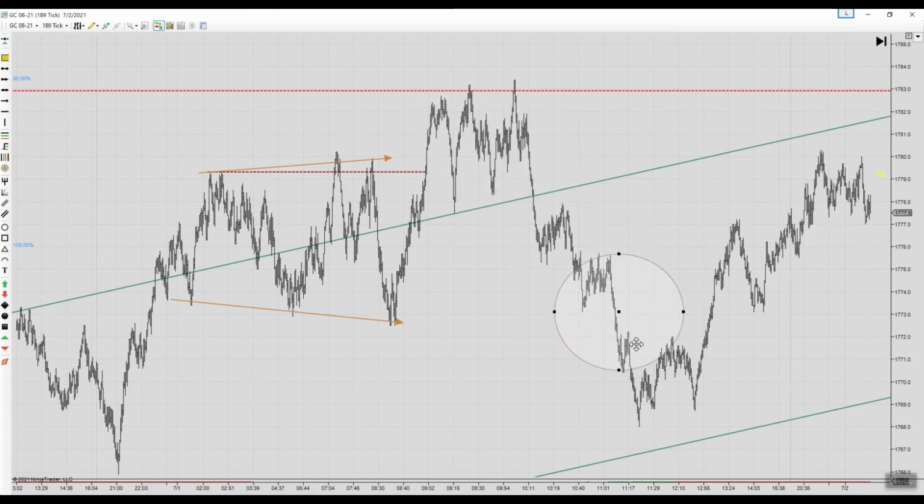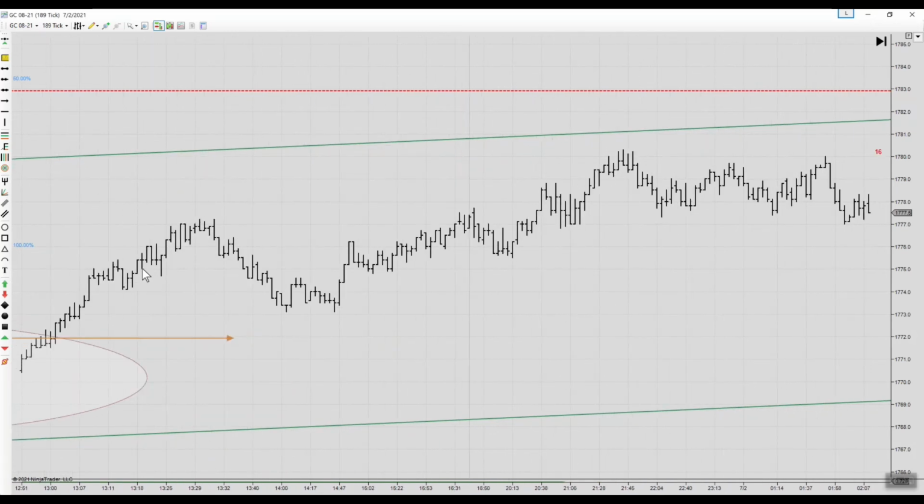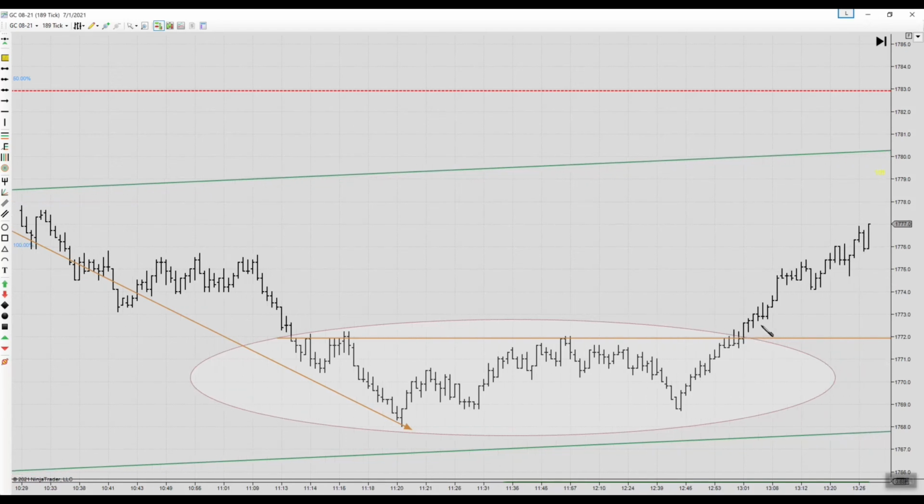For me, the better example of an island is down here, where following this steep descent, we momentarily built here a waterline or a balanced structure below, and then ultimately we travel away from this level in a fashion very similar to the one that we arrived at, to the balance structure, which is vertical and steep. And again, the momentum opportunity here lies relatively early as we move back into the water or away from the island. You can see that the frequency that builds up here is actually fairly consistent, and the earlier you get